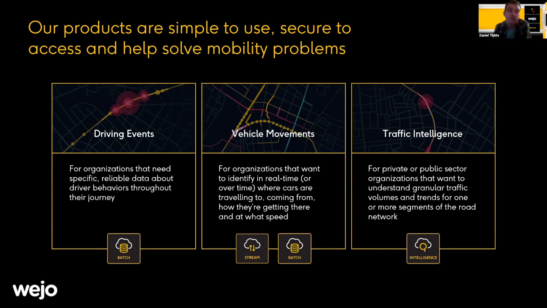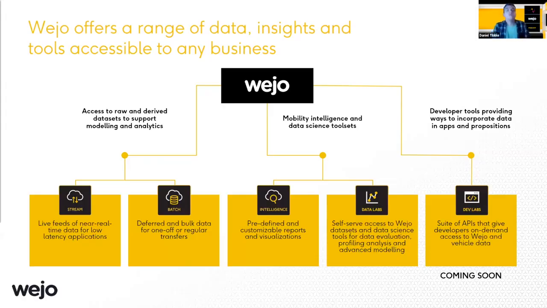And this is for people who really want to know what's going on a road network at a specific point in time in a really granular detail, very similar to some of the things that I showed you before. We've got a number of ways to interact with our data. Again, we can go into far more detail if you've got any specific needs, but really, however you want to interact with our Wejo data, however you want to consume our product, we've got a route for you. So we can do it in stream, we can do it in batch, so we can produce large batches, we can do aggregated batches. We've got the intelligence products that I talked about before, and we've got some self-serve Wejo